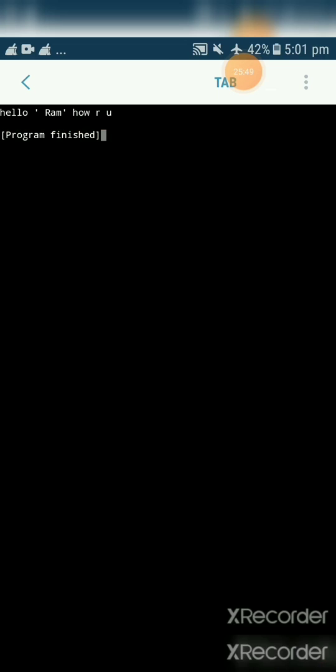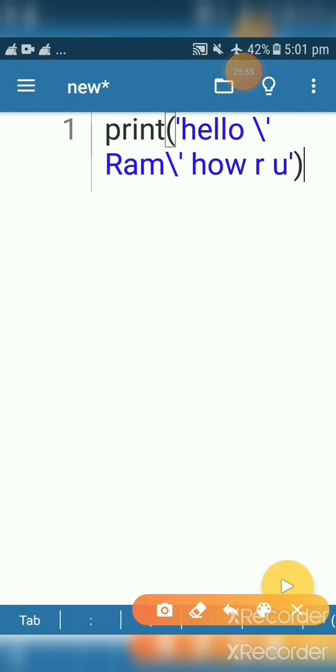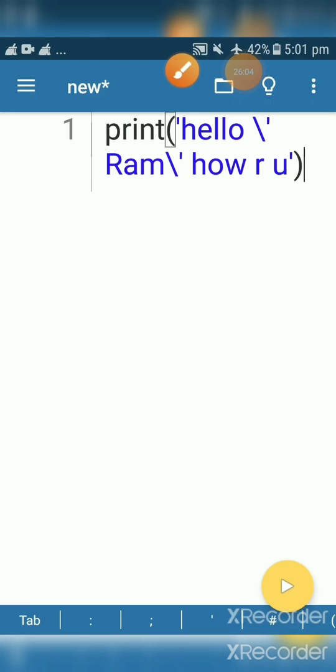In the same manner you can use it for double quotes. What you have to do is use \ double quotes if you want to use double quotes inside double quotes. Okay, so let's check how.